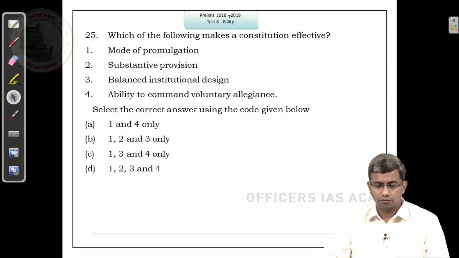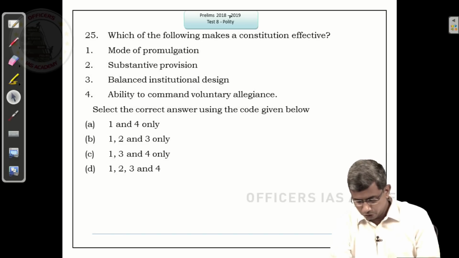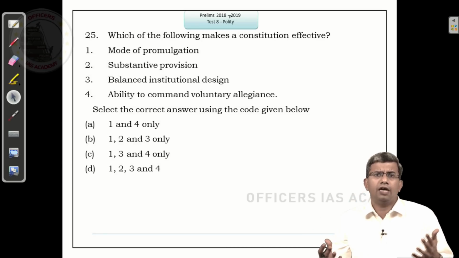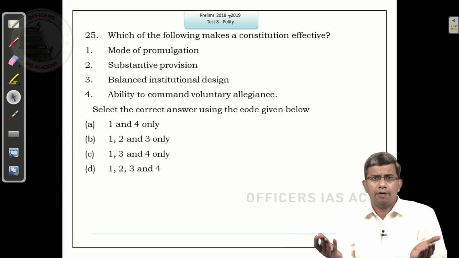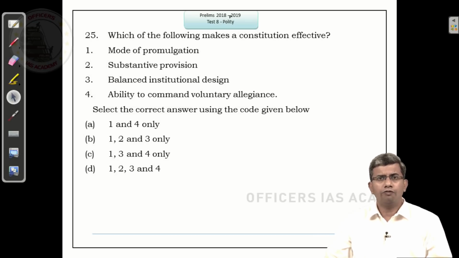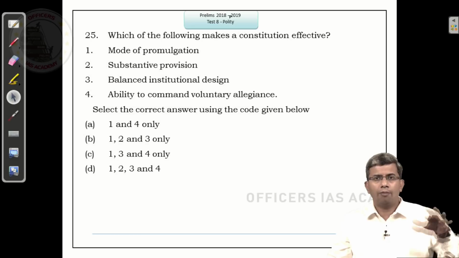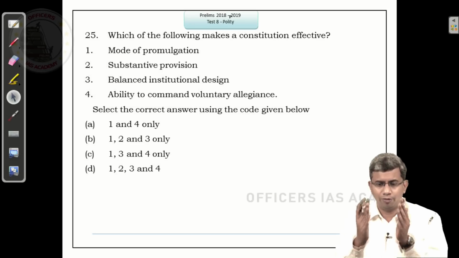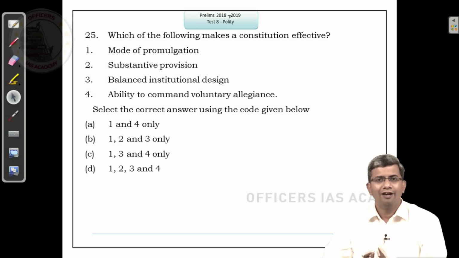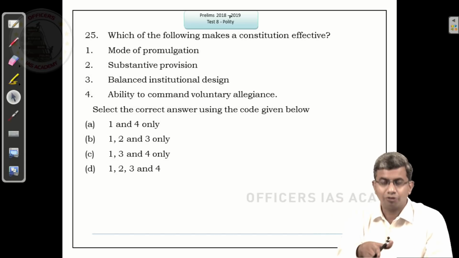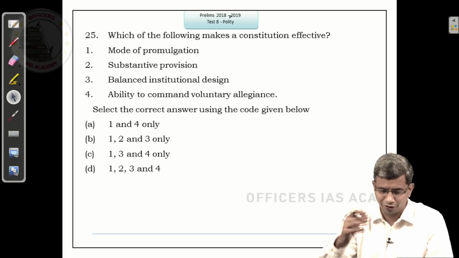So you know that the first one is correct, because any constitution which has been promulgated based on a national movement, based on public participation, we had a constituent assembly which was indirectly elected by the state provincial legislatures, but which was based on the national freedom movement. So if you promulgate a constitution by a king or by a dictator, it is not going to have effect. So mode of promulgation, and you don't have to think so much, all the 4 choices have it, so you don't even have to break your head whether mode of promulgation makes it effective or not. It of course makes it effective conceptually. From the choices that is given, it definitely makes it effective. So move on to the next statement.